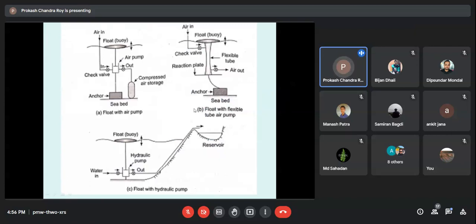So these are the simple layout that will give you some understanding. So this is how the wave